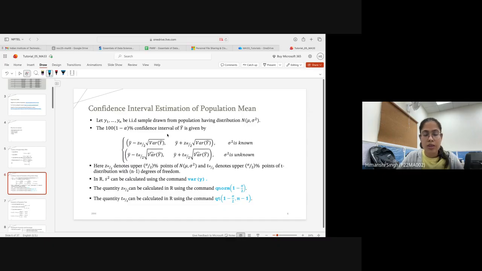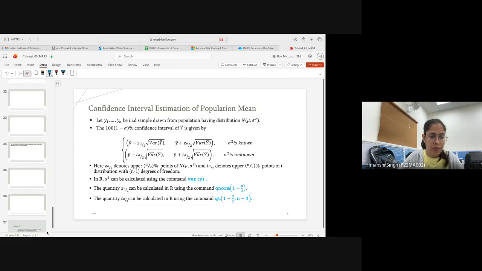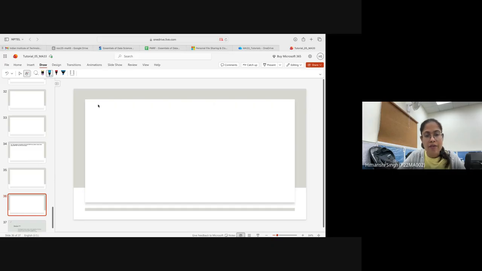Okay, so here, first of all, whenever we have taken out a sample, let me explain it on a blank paper. So, for example, I have a population x1, x2 till xn.